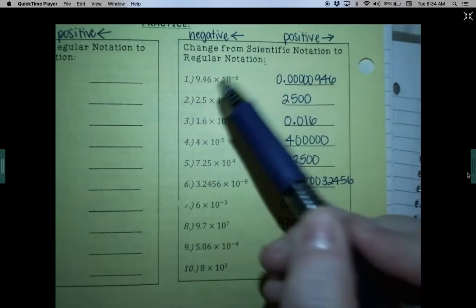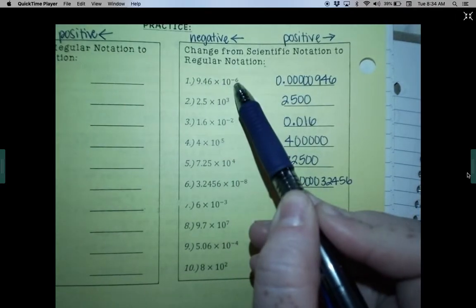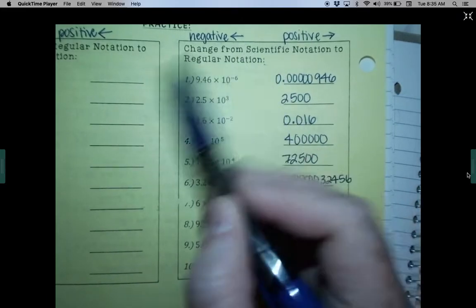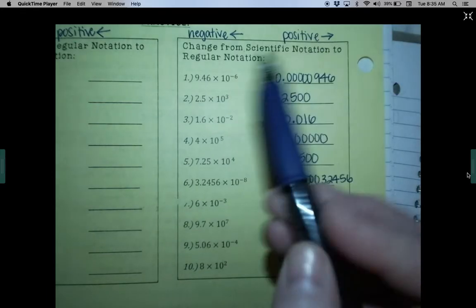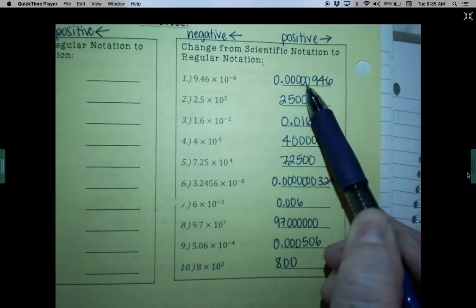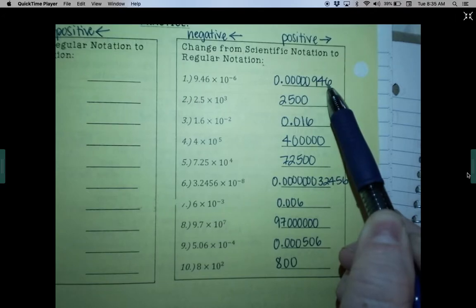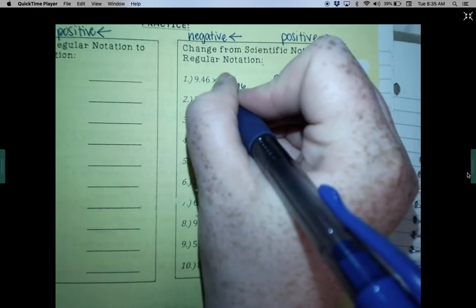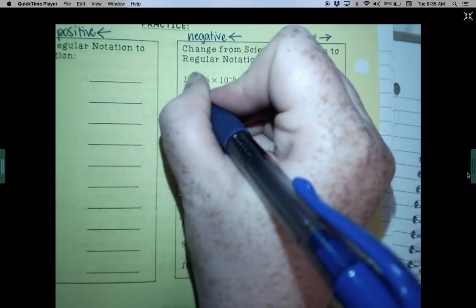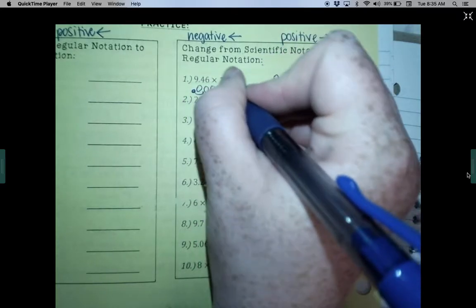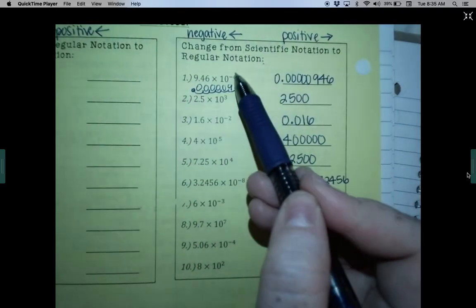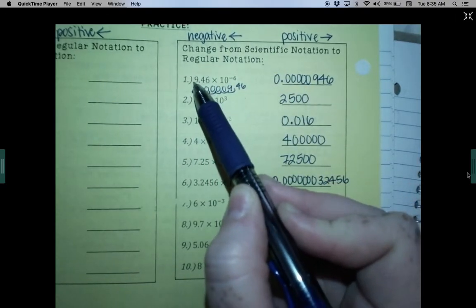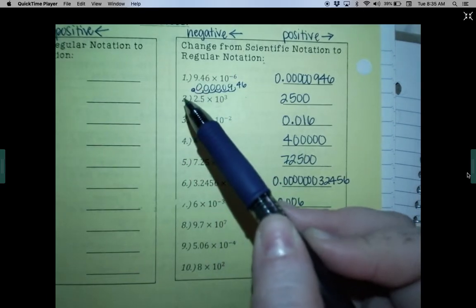Okay, so 9.46 times 10 to the negative 6. That means I move my decimal to the left, 6 spaces. So you should have 5 zeros and then 946. I move it 1, 2, 3, 4, 5, 6. So this little number does not mean the number of zeros, it means the number of places. And since this 9 is counted as a place, I can do 6 minus 1 and I get 5, so